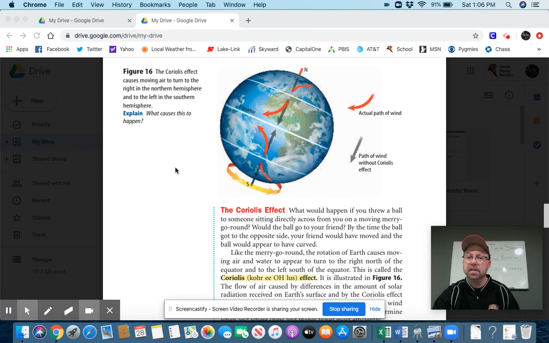We finished the discussion talking about the Coriolis effect. Remember the example of you and I sitting across from each other on a merry-go-round. I throw this, you catch it? Probably not if it's spinning around. The reason the ball ends up where you're not anymore is because the merry-go-round is moving. The same thing happens with air and water on Earth. The Earth is spinning underneath it, and so it causes the air to curve in certain directions in certain places